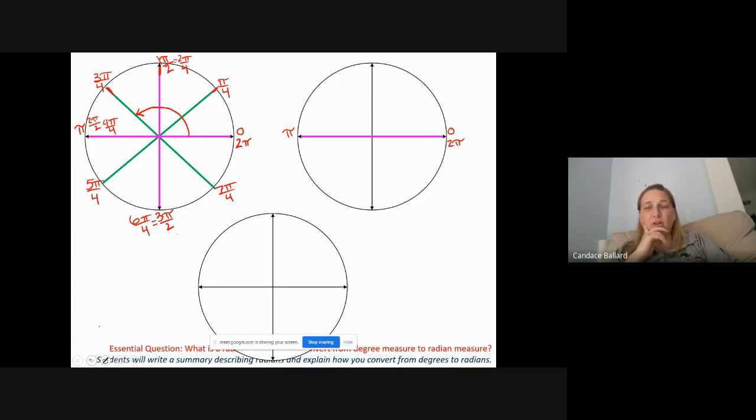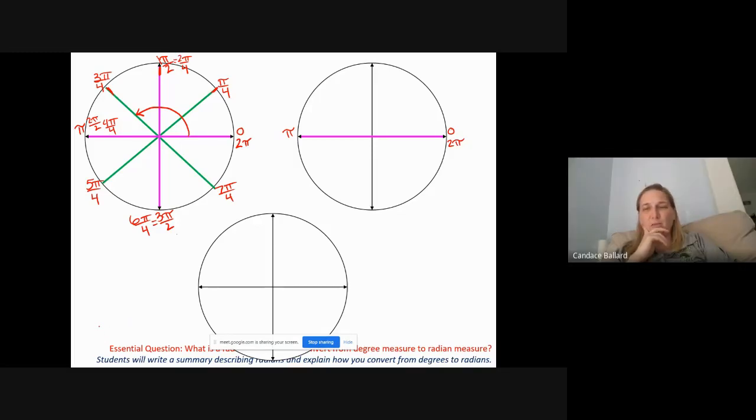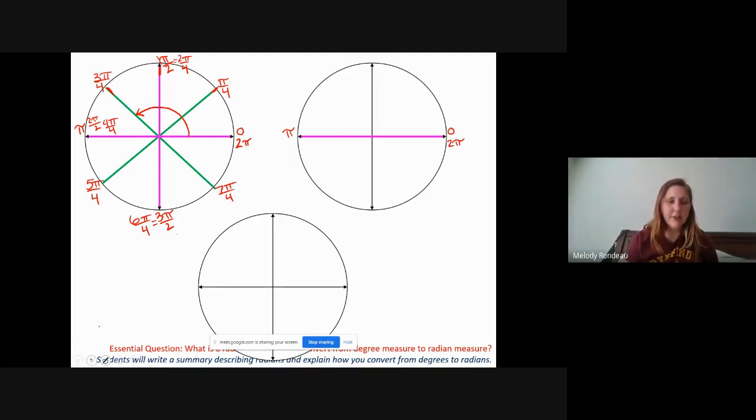Fallon's saying probably thirds. Thirds, I like it. Yep, pi over 3 from Valerie. Oh, we got a pi over 3 from Sach. So it's looking pretty good. I think we've got it. Okay. All right. So yes, we're going to divide it into thirds, 3 sections, which means pi over 3, or